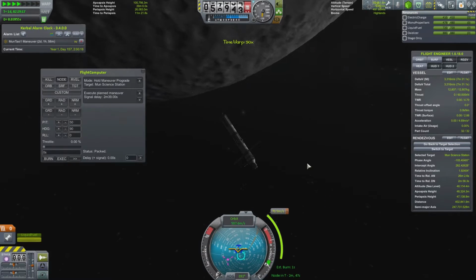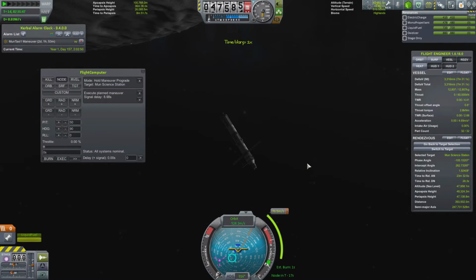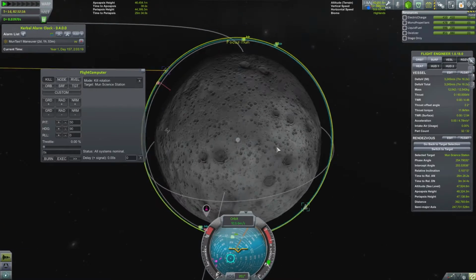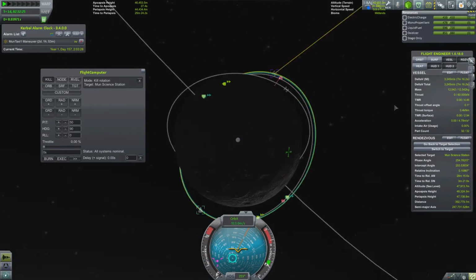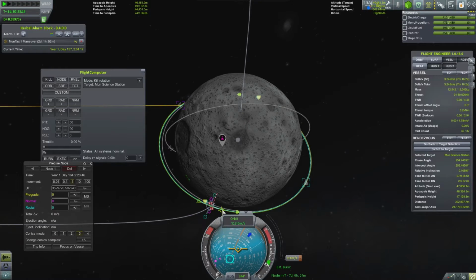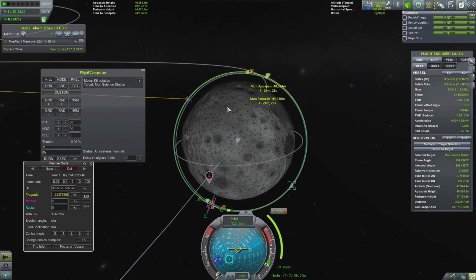we managed to intercept the Mun, and we did our final intercept burn to try and get into a reasonable capture of an intercept of the station. Once I'd done a little bit of jiggling around with that, which takes a little while, it was looking at something like about 7 days before a good intercept. Now I could have speeded it up, but slow and steady, it's okay, take a bit of time, get a nice close intercept. So that means that I started to fast forward that,